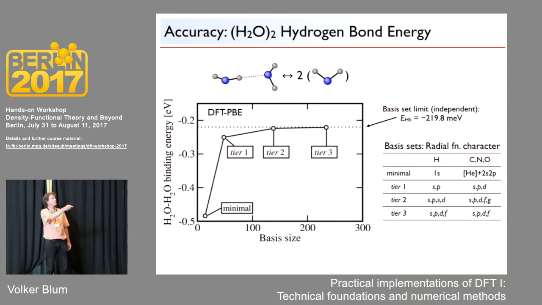You can see that if you use this minimal basis, so just the atomic functions, you're way off. So this really wouldn't work. Well, with this tier 1, or our light settings, you're about 10% off the hydrogen bond energy, but it turns out that geometries are already remarkably good at this level of theory. If you go to tier 2, which for light elements are the tight settings in the FHI-aims code, you're basically there by approximately 5